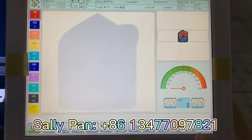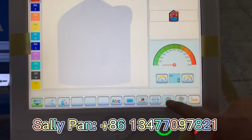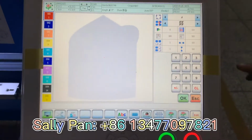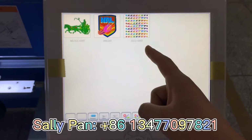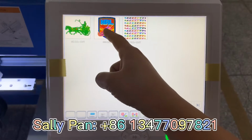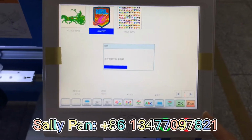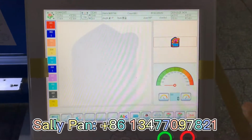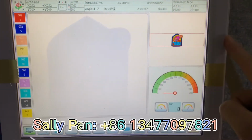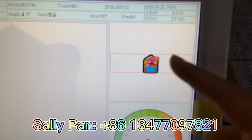We need to select the design. We need to select the design like this. We want to embroider this on the cap. After we select the design, you see here,